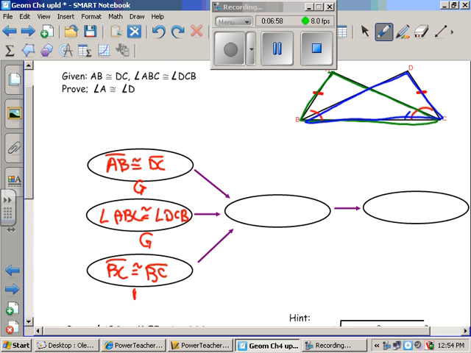And that's reflexive. Okay? So I've got this. So why would my triangle be congruent? Side, angle, side. Good. So I can say triangle ABD,